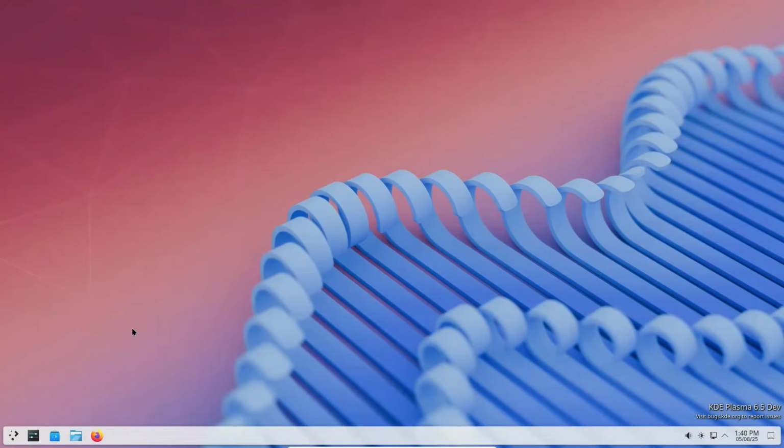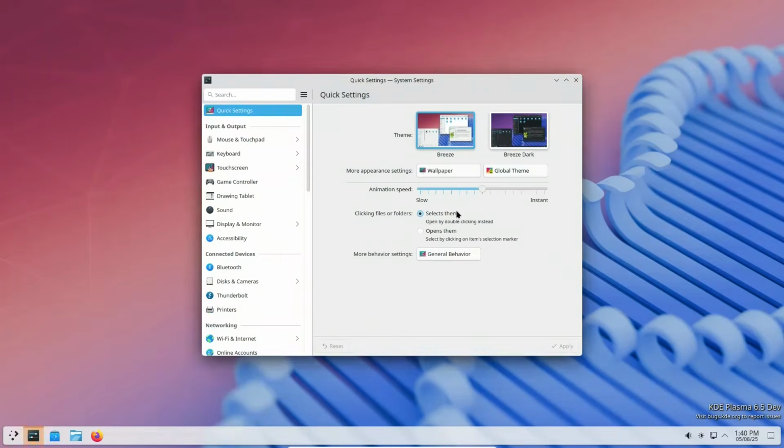Alright, we've installed KDE 6.5, explored the desktop, checked the apps, and even had some fun with Dolphin. But now it's time for where KDE really flexes: the system settings. This is the control center where you can tweak literally everything about your desktop. And we're not just looking, we're going through each major section, one by one. Let's dive in. Take a pit stop at Quick Settings, KDE's fast lane for changing how your desktop feels without